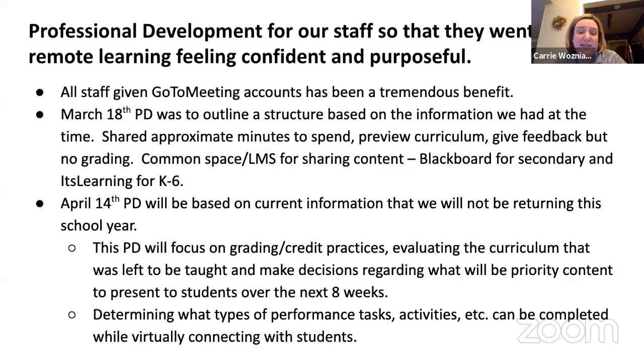On the 14th, we're going to be moving into what we're calling phase 2. Obviously in Michigan, we've been told that we will no longer be in school. So we are probably one of the few districts in our state that are competency based. So we feel pretty confident that we can keep moving forward with our grading and credit practices. We're going to look at our competencies and decide what we're going to keep for all of our courses, what we're going to push into next year, and what we can kind of live without.